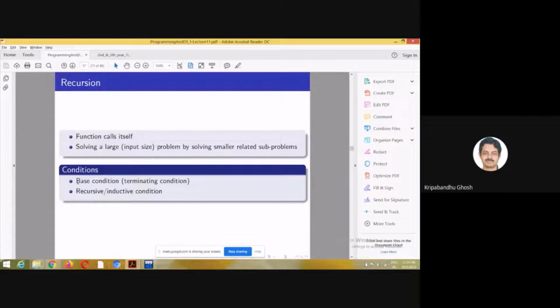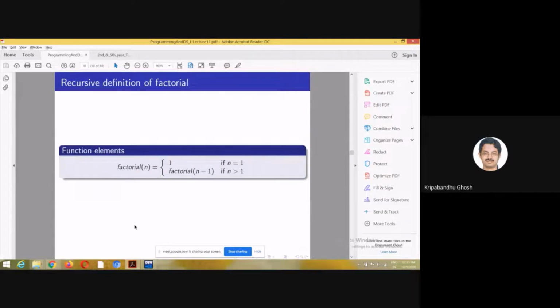So it has two conditions. One is the terminating condition or the base condition, and the other one is the recursive or inductive condition. So I will come to this gradually.